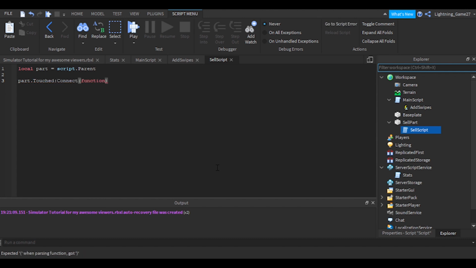So this fires only when someone touches the part, and then the parameter is hit, and then local humanoid. We want to find the player's humanoid, so we find the hit's parent, find first child humanoid, and then say if humanoid. So if there is a humanoid, then